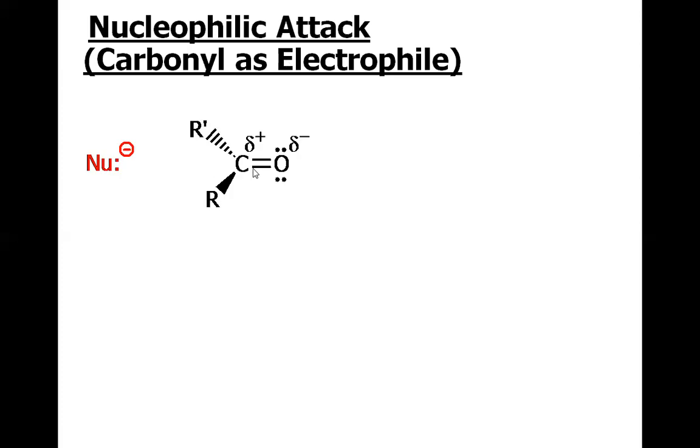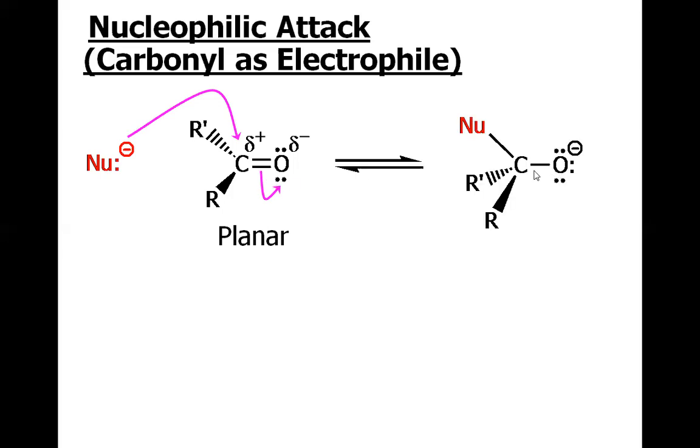So let us assume this is a general carbonyl structure. We have the partial positive charge on the carbon and the partial negative charge on the oxygen, and there is a nucleophile, a general nucleophile. When a nucleophile comes in the vicinity of the carbonyl, it must attack this carbonyl carbon, and then this pi bond will be broken to afford this oxyanion. And as we have discussed, the carbonyl's geometry is planar. However, once the nucleophile has added to the carbonyl, the geometry is no more planar but tetrahedral, because we now have four groups attached to the carbon.